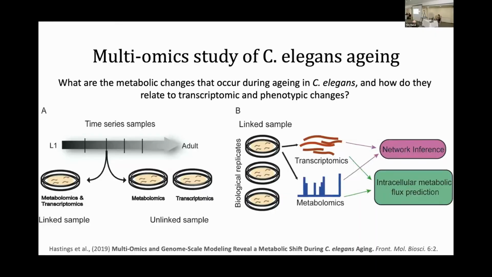But anyway, what this study set out to do was to look at how the transcriptional changes, so really the expression of the genome in the organism, were changing at the same time as looking at how the metabolism was changing, in order to see whether we could discover new relationships between the gene expression, really the transcription of the genes, and the metabolism in the cell, because we knew that metabolism was what was driving differences in aging phenotypes.